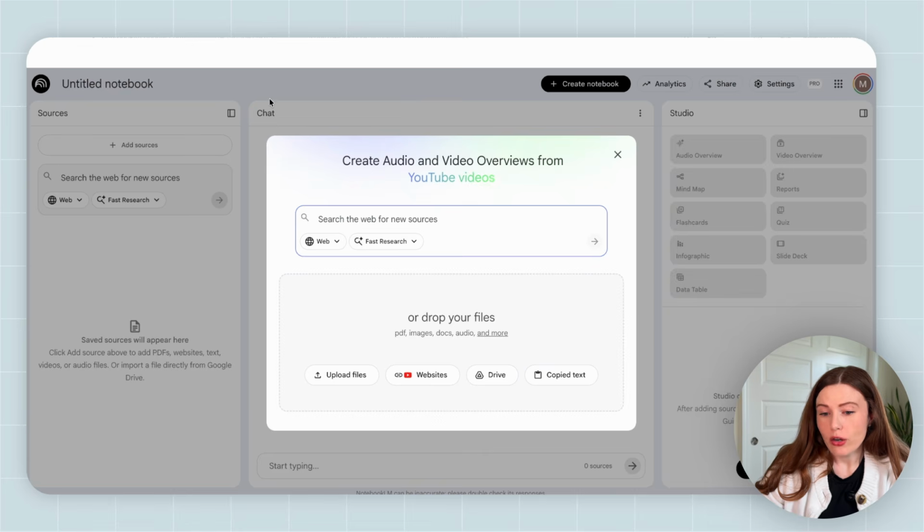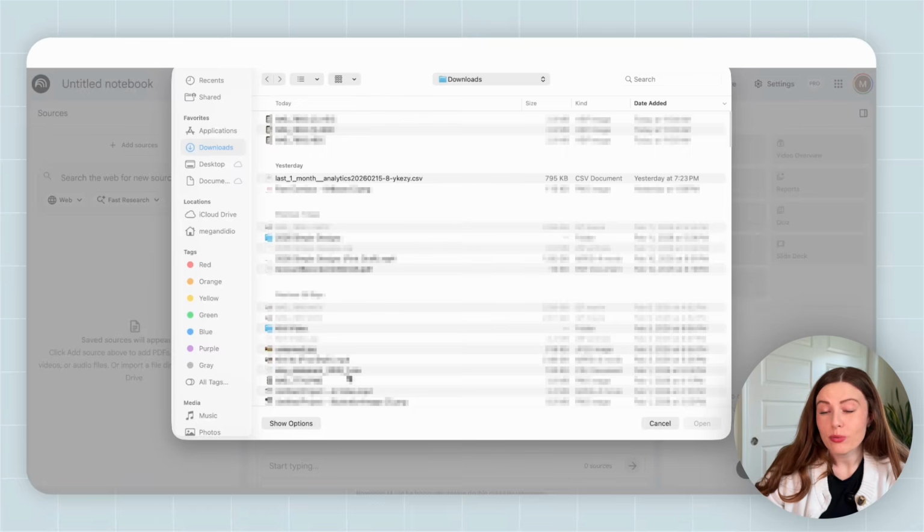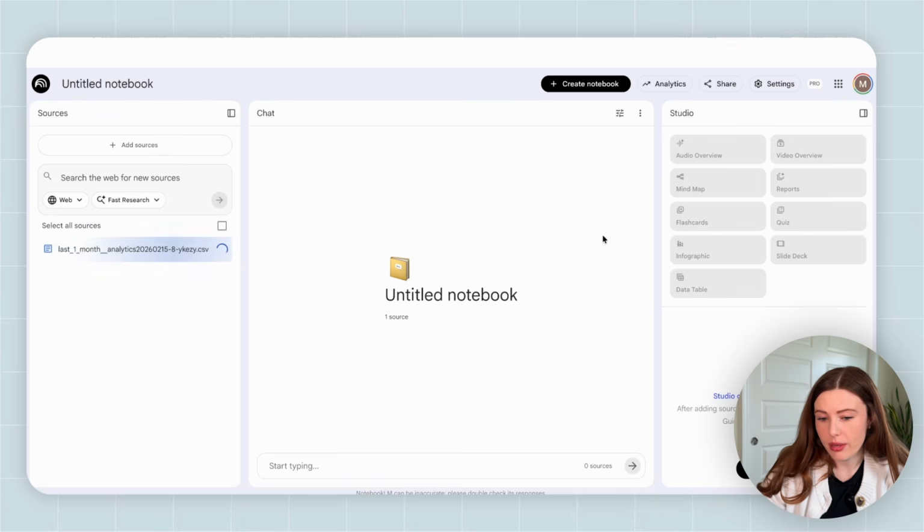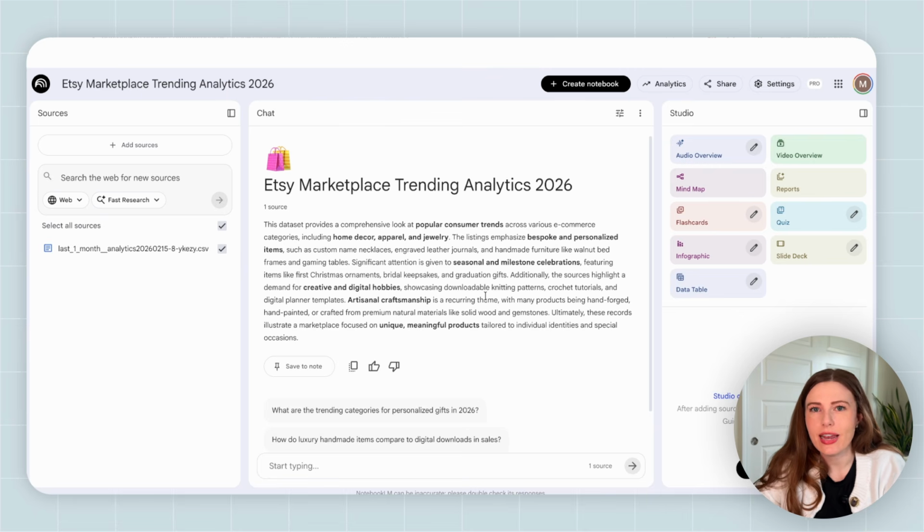Once I have my untitled notebook open, I'm just going to hit upload files and we're going to connect a source. And the only thing we're going to connect in here is going to be that export that you just downloaded from Everbee. It might take a little bit of time, but this is by design. It is thinking,